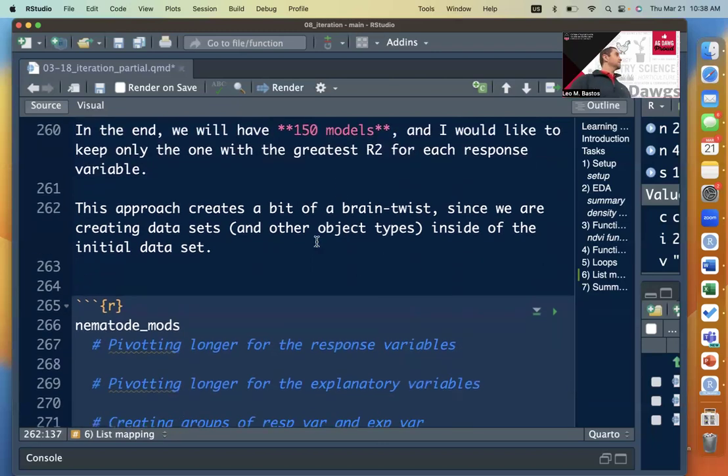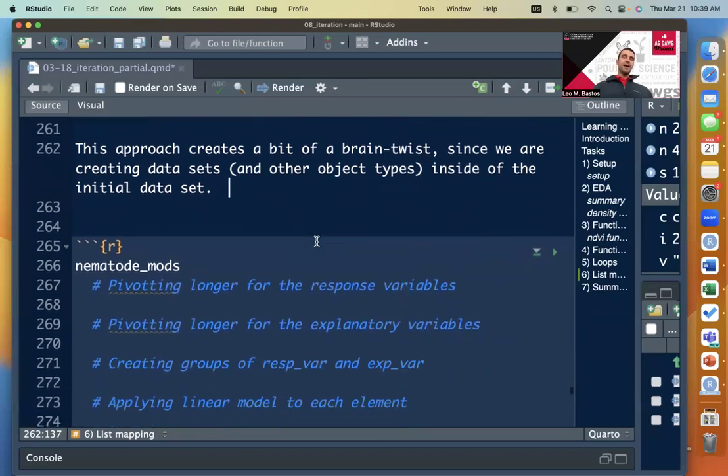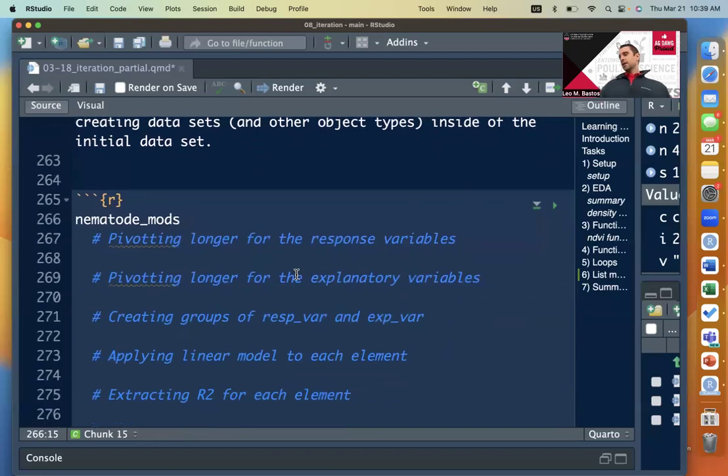And this approach is going to be a little bit of a brain twist for you, because as you're going to see shortly here, we're going to be creating data frames inside of a data frame. So just brace yourselves for that. We're going to get to that in a second here. So if you get to the next chunk,